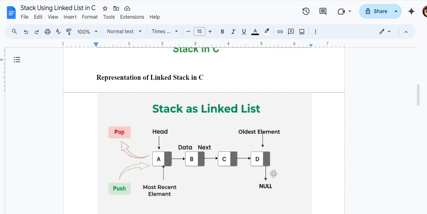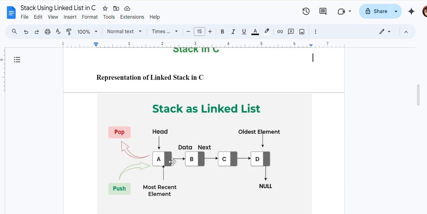You can see the pictorial representation here. We have a node and a head pointer, and two members in the node. One is data, the other is a pointer which points to the address of the next node. Each node is stored at some address, but the nodes are virtually connected by the next pointer, which always stores the address of the next node.